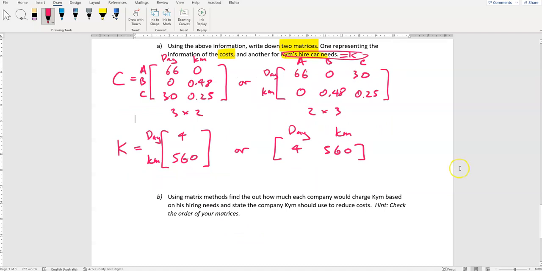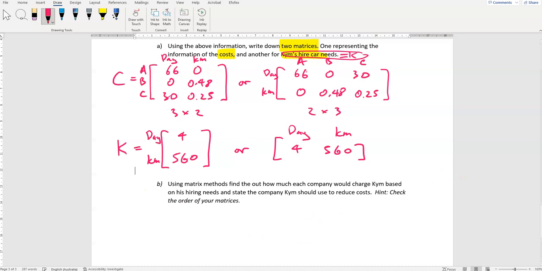Now, the second part, using matrix methods to find out how much each company would charge Kim based on his hiring needs and state which company